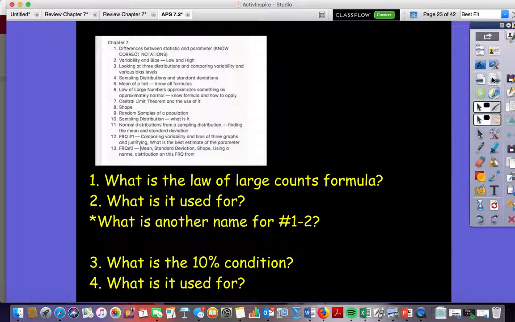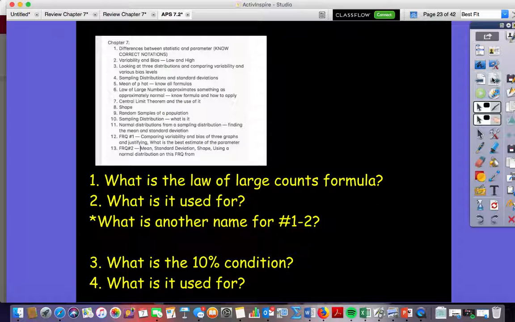Oh my god. Use 10%. The one that you were talking about yesterday. There are two kind of weird formulas that show us something. One's the 10% condition, one is the law of large counts. Sorry, I was in between. Did you do that, Sean? It's a lot. Sean? So,